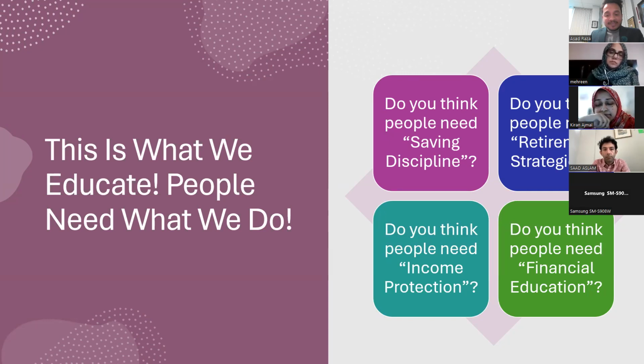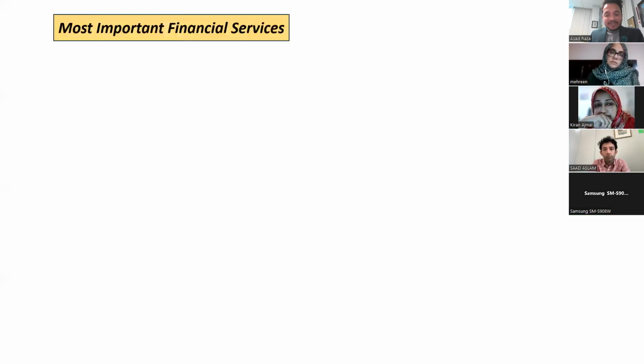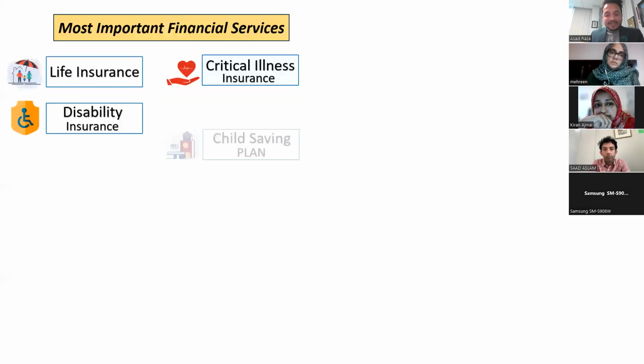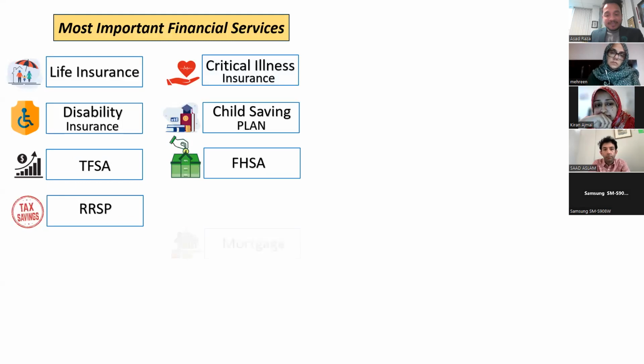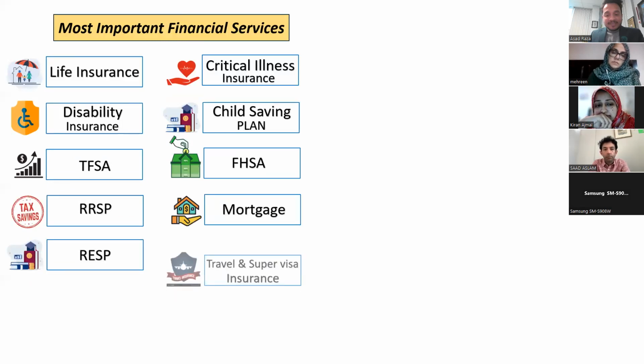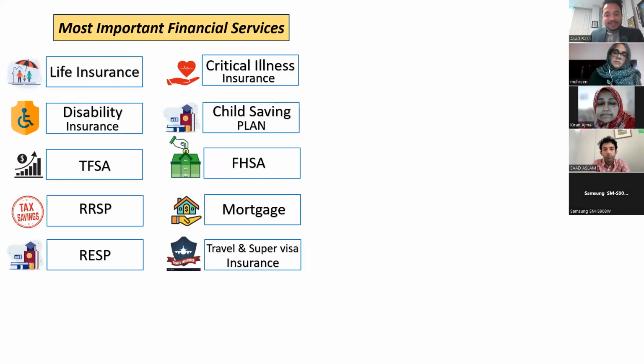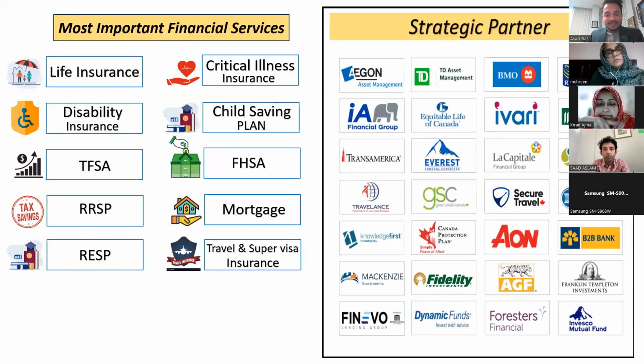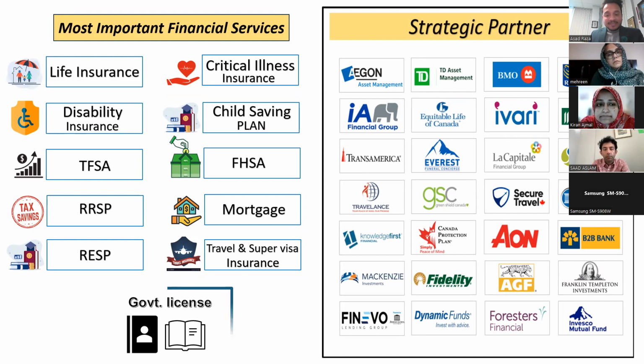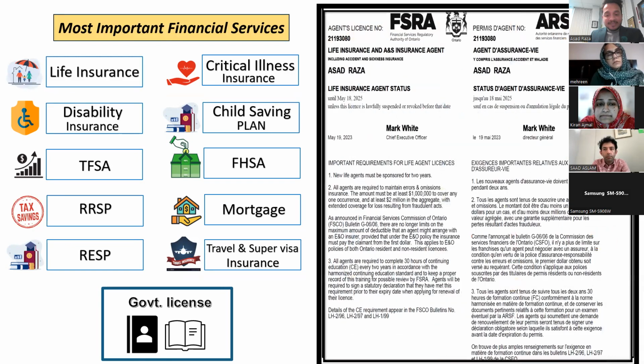I want to show you, Kiran, that as important as it is to make money, it's also very important that we understand all these services and how they work for us, because these are services that Canadians don't have a choice to use, but they must be using. We provide all these licensed, and that's why I'm sitting with you and educating you. That is my license that I've done with the Government of Canada. On behalf of this, I'll be sitting down in front of you to educate you about these important services today. Sounds good, Kiran?